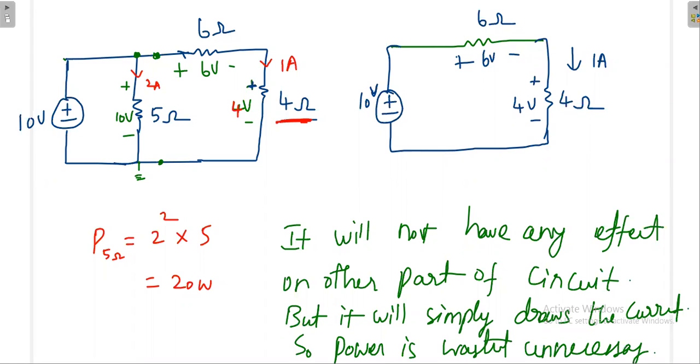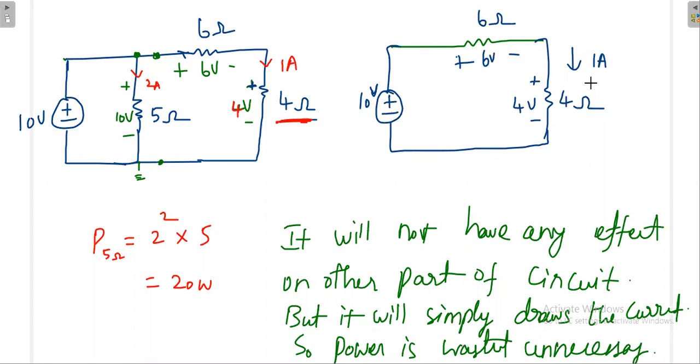Now you may have some idea, then what is the need of this resistance? Okay, I am having 10 volt, but I need 4 volt. In such a manner, I am designing the circuit. I am having a 10 volt source battery, but for my equipment, I need only 4 volt, 1 ampere current. Then I will design the circuit like this. There is no other way to go. Some drop will be there, some power loss will be there. That I cannot avoid.